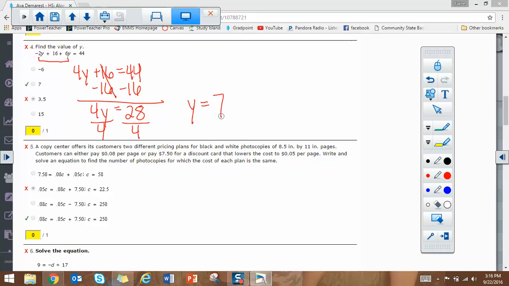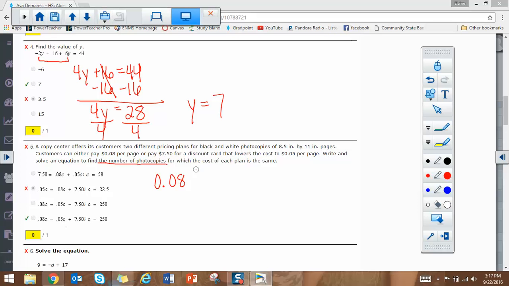So the two plans are going to be side by side. We're going to set them equal to one another. So the first plan, it's 8 cents per page. And again, we're trying to figure out the number of photocopies, or the number of pages, to where the two plans cost the same. So the first one is 8 cents per page. So I'm going to use P as my variable. It looks like, I'll change it. Looks like they used C